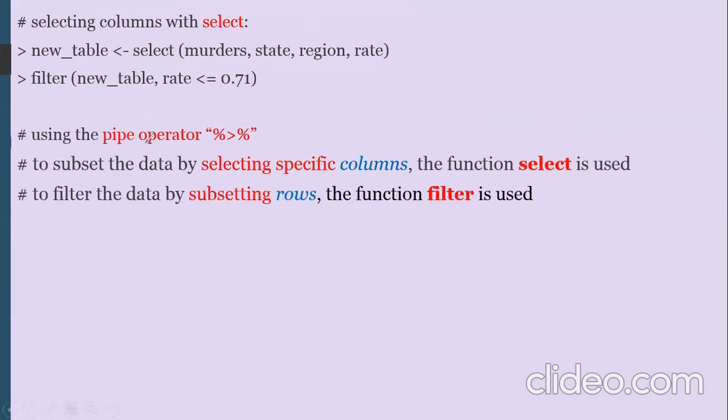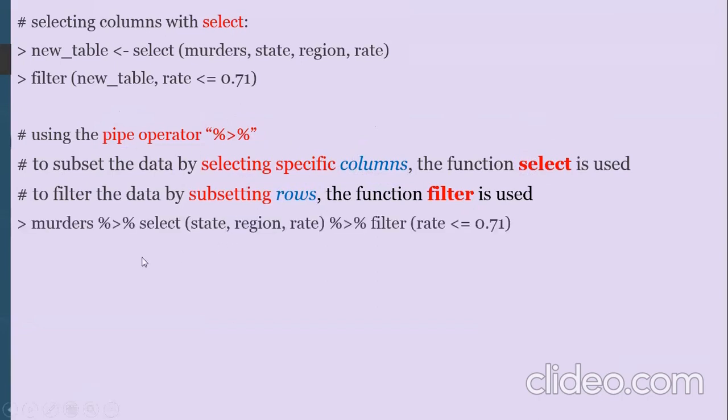अब इसको देखें, एक तो पहले हमने डिफाइन कर लिया था कि पाइप ऑपरेटर जो है ये दिस वन, यूजिंग पाइप ऑपरेटर, इसको हम यूज कर सकते हैं सबसेट द डेटा बाय सेलेक्टिंग स्पेसिफिक कॉलम। स्पेसिफिक कॉलम्स को किस तरह सेलेक्ट करेंगे? यूज द वर्ड सेलेक्ट। स्पेसिफिक रोज को किस तरह सेलेक्ट कर सकते हैं? बाय यूजिंग द वर्ड फिल्टर। सो जिसके थ्रू हम कॉलम्स और रोज को सेलेक्ट कर सकते हैं। इन तीनों को यूज किया गया है एंड चेक इट नाउ।